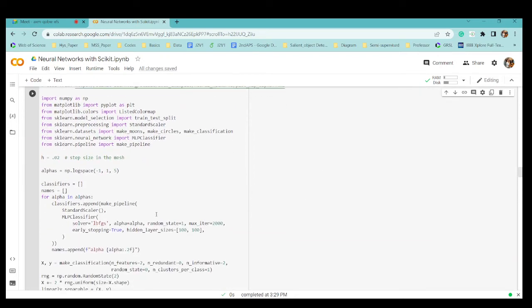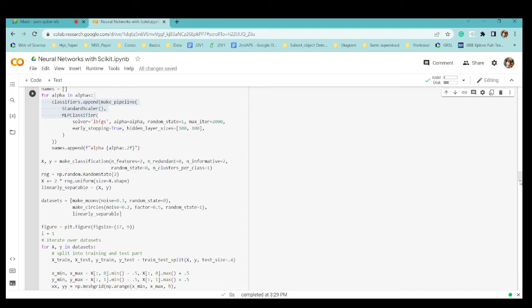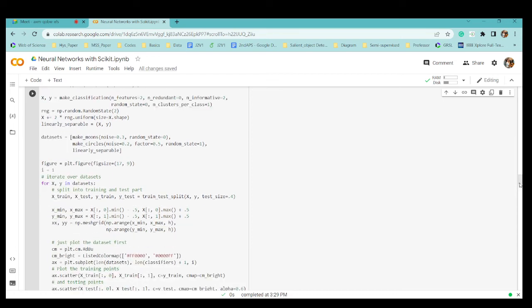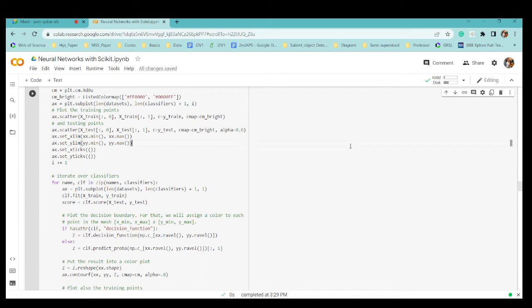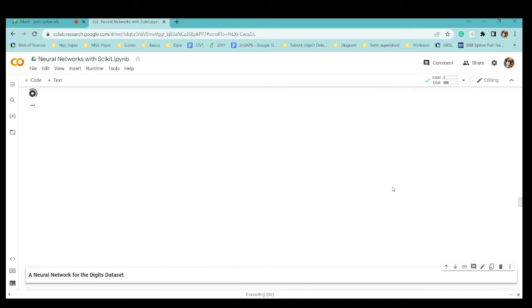He has just used sklearn, nothing else. So I've taken all the libraries from sklearn. He has taken the step size. Step size is the iteration size only, nothing much. Alpha, how beautifully he has written the code with all the indentations and everything. That is the main purpose of taking this code from his library, and to show how, with a single library and one cell, you can write your code. So this is the way you should write your code. You should know after which step what coding should be done. Okay, so this is one thing I wanted to show you.